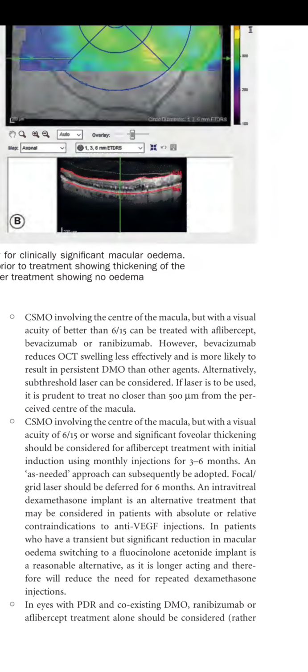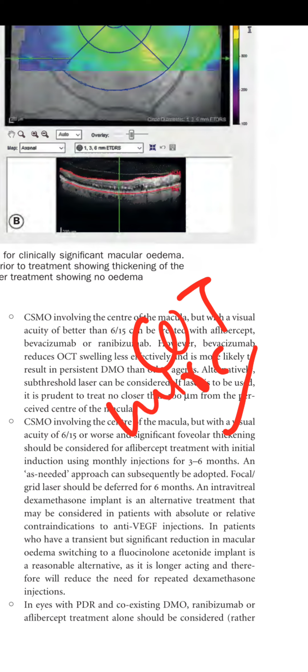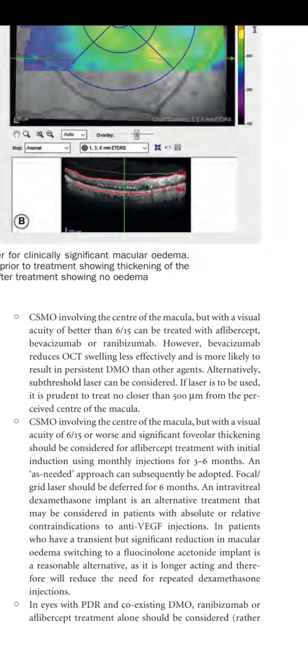Focal or grid laser should be deferred for 6 months, and intravitreal dexamethasone, and this is us discussing the protocol I, that if you start intravitreal anti-VEGF, you defer the laser for 6 months. An intravitreal dexamethasone implant is an alternative treatment that may be considered in patients with absolute or relative contraindication to anti-VEGF agent injection. So if there is a contraindication to anti-VEGF, you can also give intravitreal